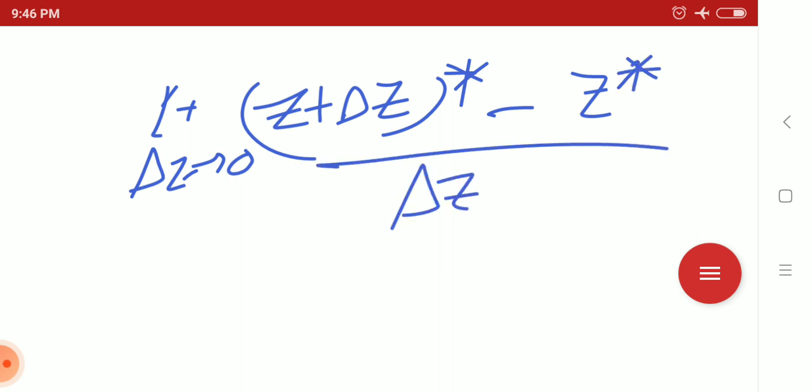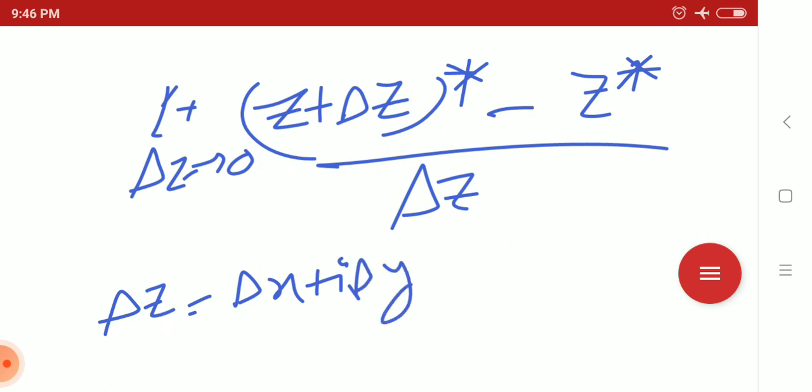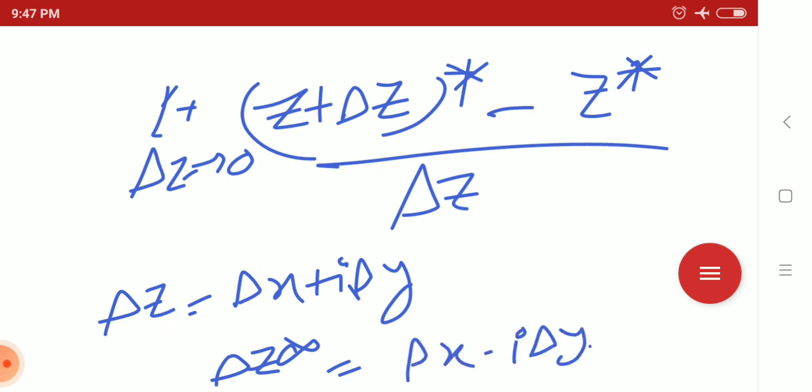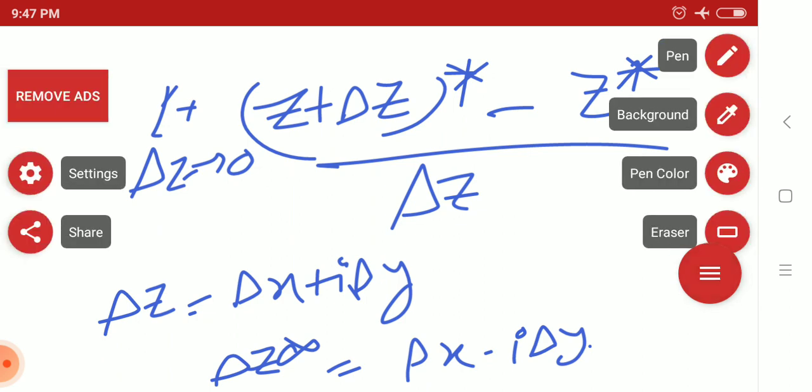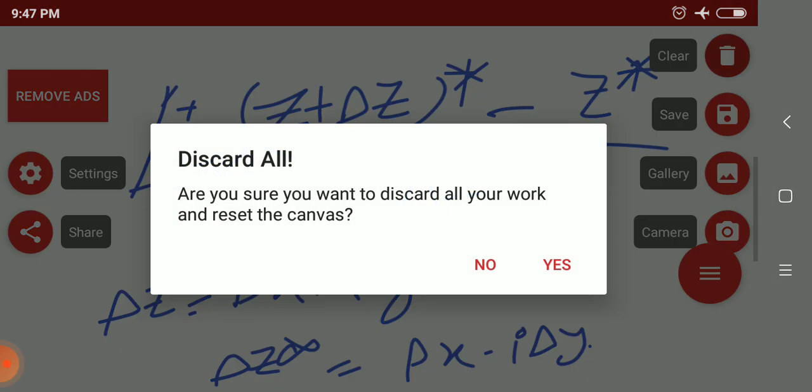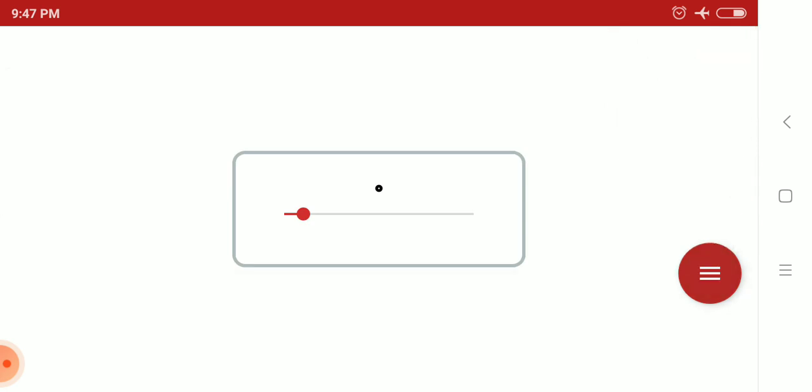If you take z equals x plus iota y, then delta z equals delta x plus iota delta y. And delta z star equals delta x minus iota delta y. After evaluating this (z plus delta z) whole star minus z star, we will get